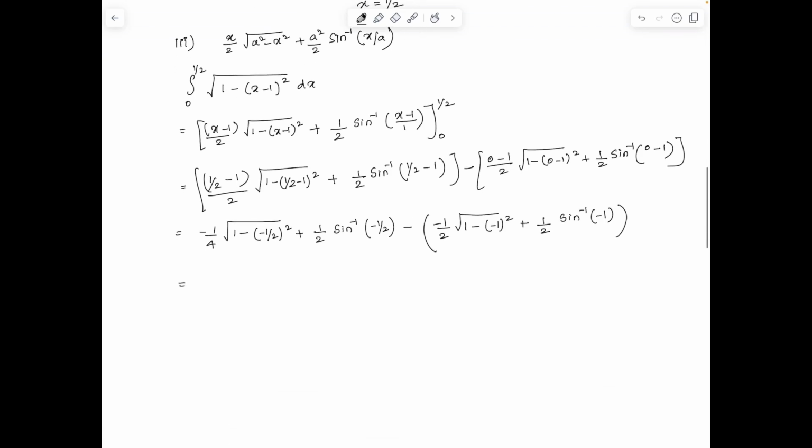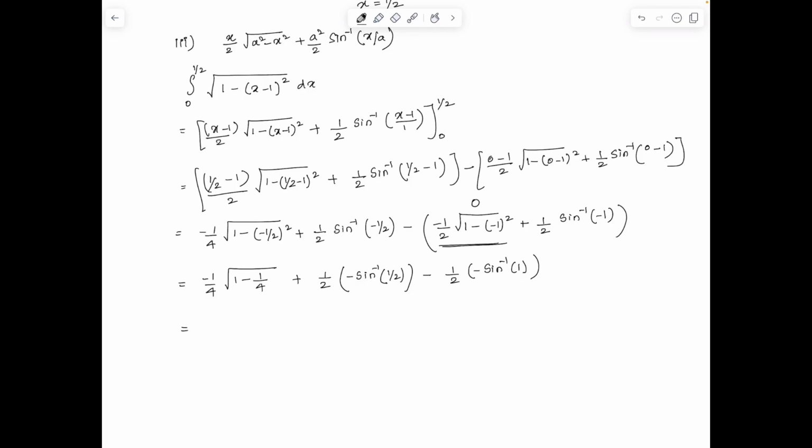which gives us minus 1 by 4 root 1 minus 1 by 4 plus half times sine inverse of minus half becomes minus sine inverse of half. Minus the first term inside the bracket becomes 0 and we are left with half times sine inverse of minus 1 is minus sine inverse of 1,